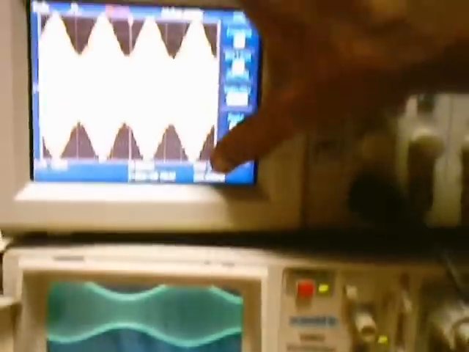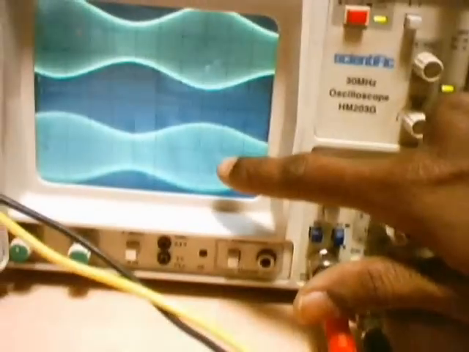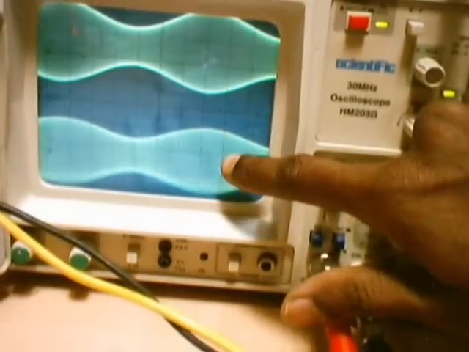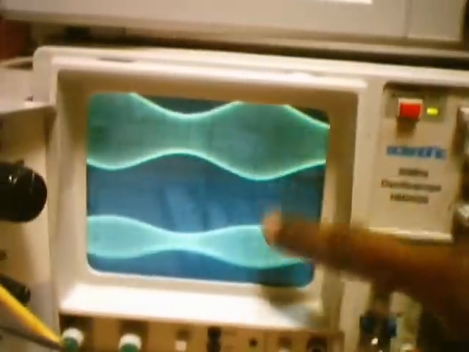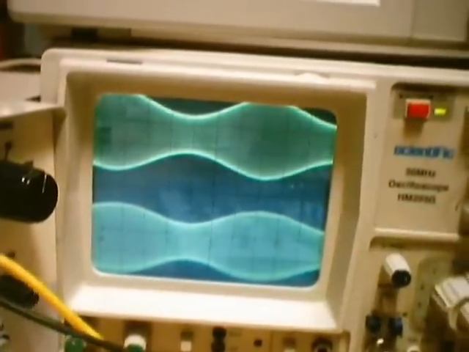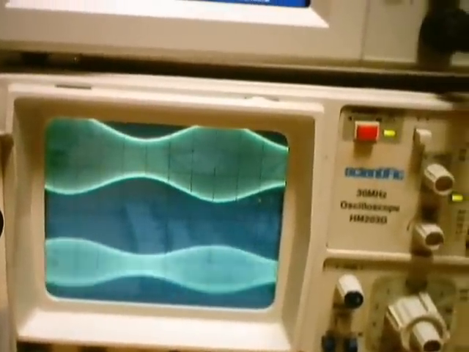Now let us again go back and measure what is the local oscillator frequency. This is for a 269 kilohertz input signal. Let us see whether it is down converted or not. I will first verify before we measure the local oscillator frequency. You can see now there is no change in the envelope. This is my input AM signal, this is my output AM signal. So again there is no difference in the envelope, so my message signal is not altered. So there is only frequency translation.